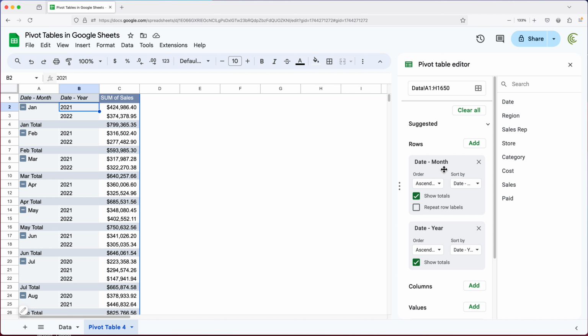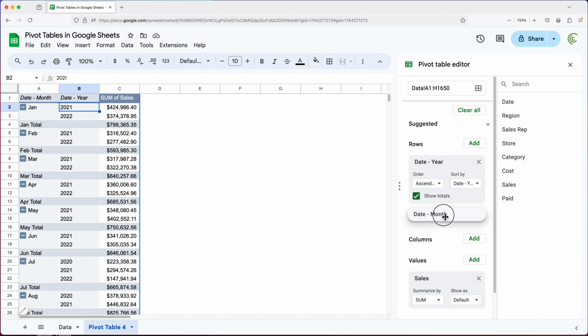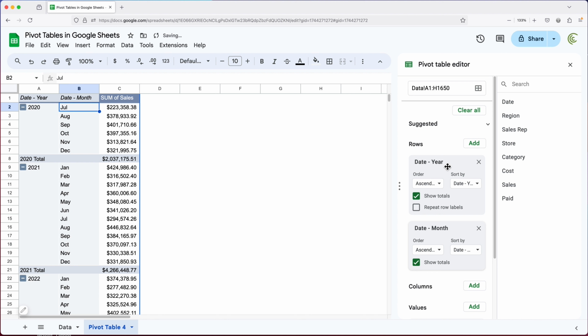Now I can switch that by basically just moving these things. So I can take this year, move it above this, or month, move it below this year. So now year is first, month is second. So therefore you can see the year shows up here and the month shows up here. And what's really cool about this separation of having a separate year and separate month in your pivot table is